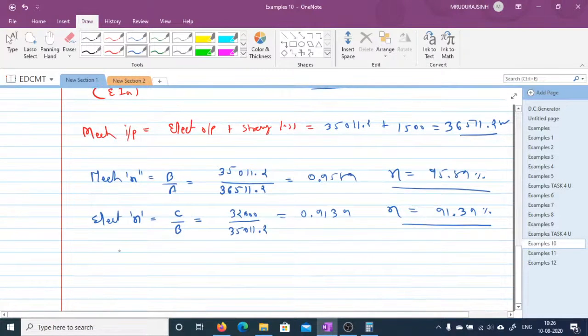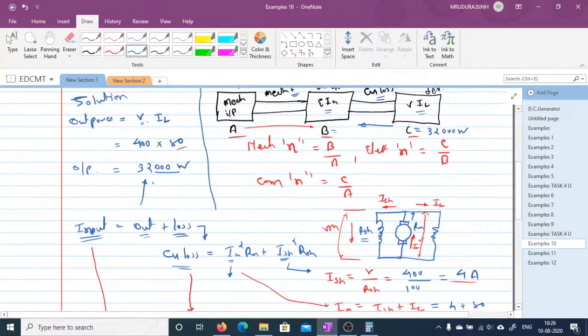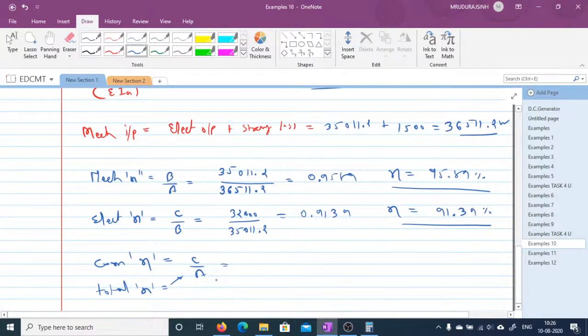Now the commercial efficiency. Commercial efficiency is total output divided by total input, or we can write this commercial efficiency as total efficiency also, right? So commercial efficiency or total efficiency, they mean one and the same thing. So our final output is 32,000 watt divided by our input A is